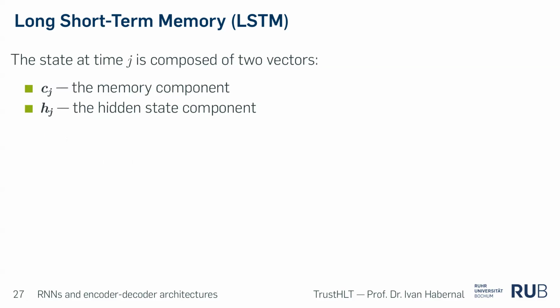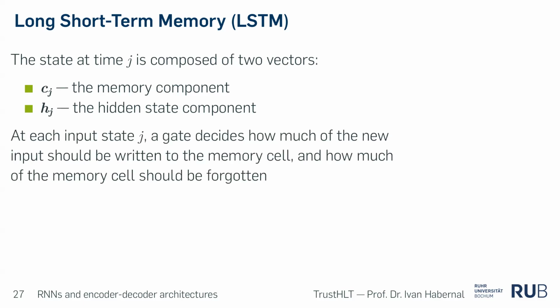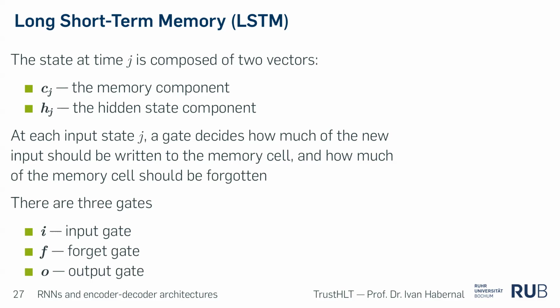So what do we have? Memory, hidden state component, and the gates. Okay, we talk about gates. So LSTM has 3 gates, which makes it more complicated. There's an input gate, forget gate, and output gate. By the name, you can tell the input gate is telling how much I can take from the input. The forget gate is telling how much you need to forget in your memory. And the output gate is telling how much you want to filter out the output.